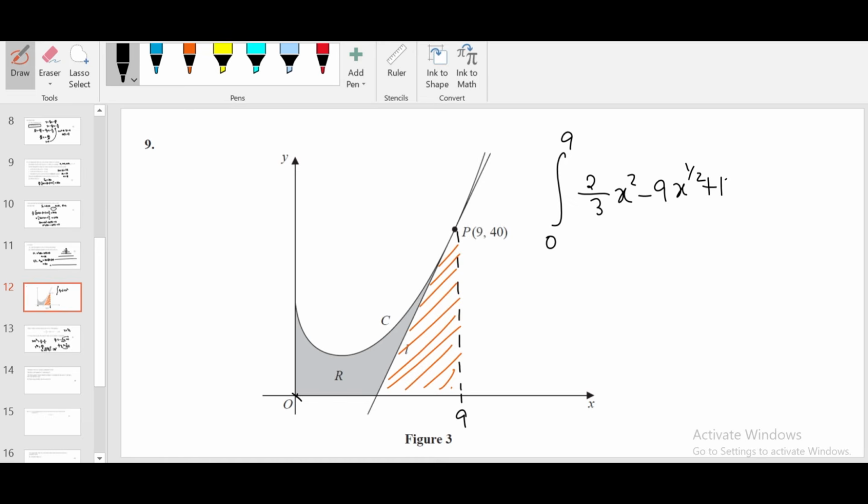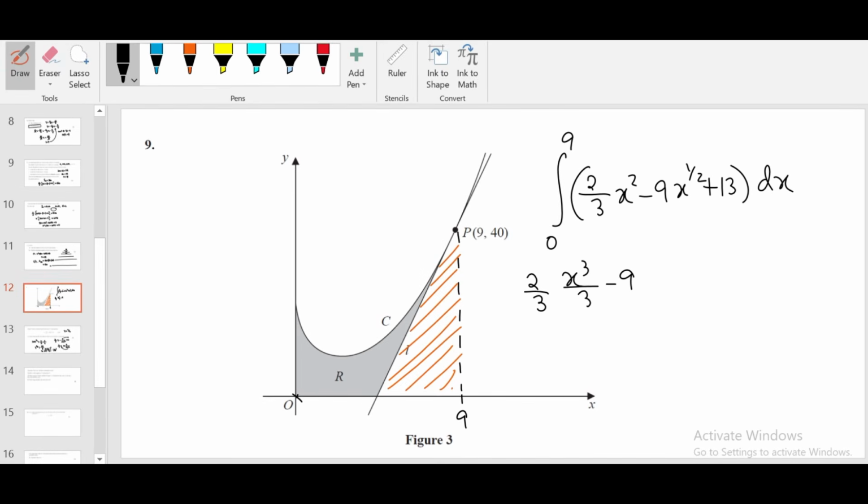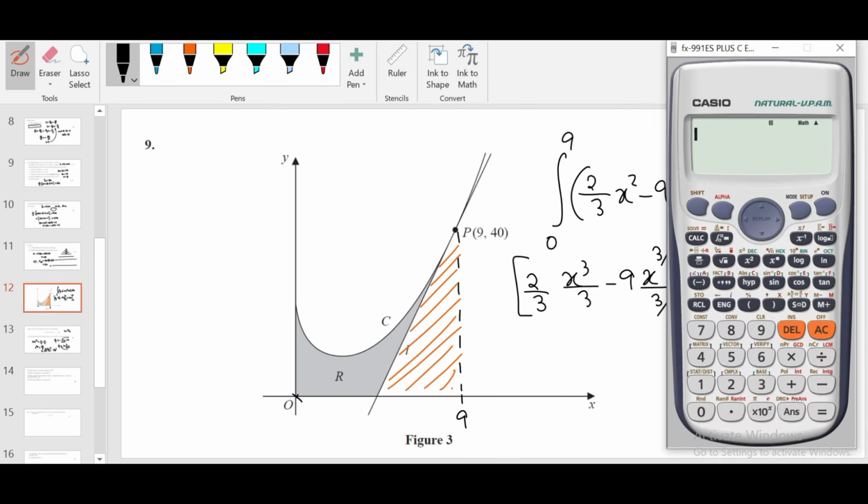When you integrate it, you will get 2 over 3 times x cubed over 3, minus 9 times x to the power half plus 1, which is x to the 3 over 2 over 3 over 2, plus 13x. Now sub in the limits 0 to 9. When you sub in 0, the lower limit, everything becomes 0. Just sub in 9. 9 cubed over 3, 2 over 3